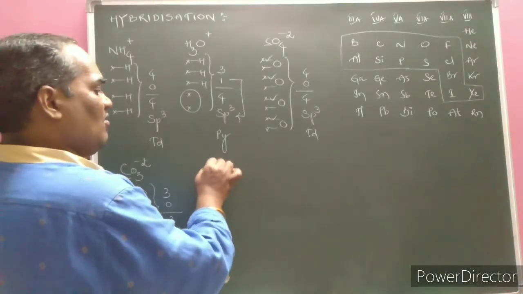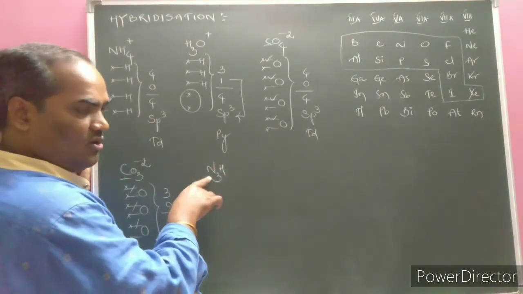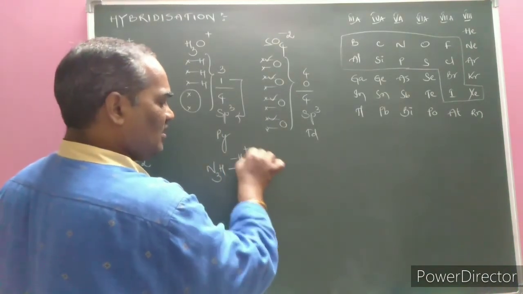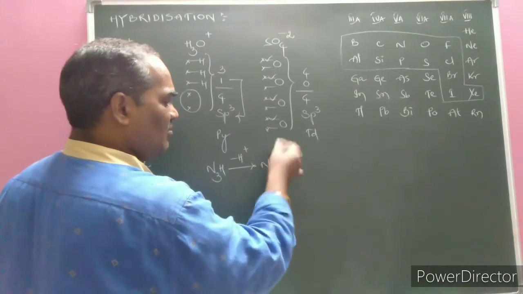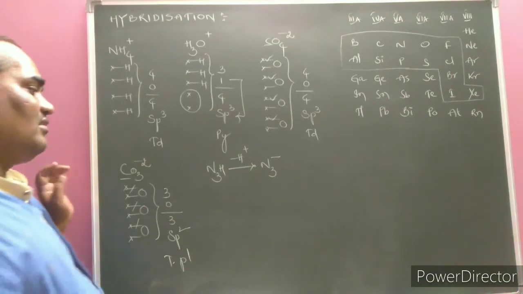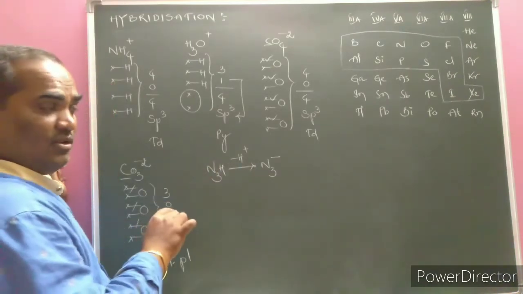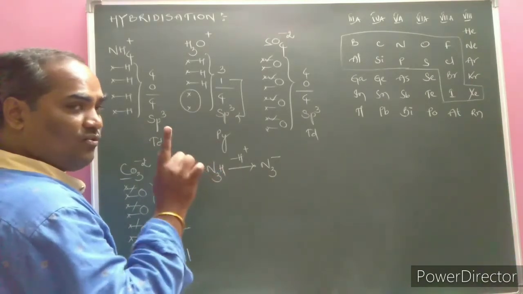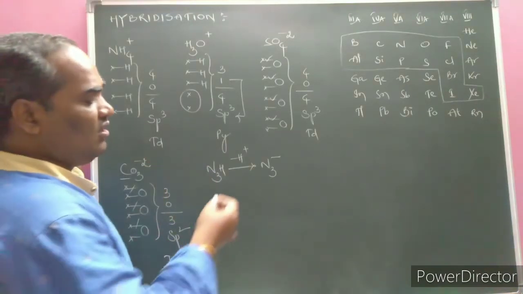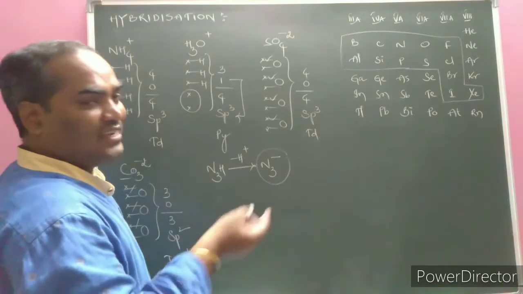Next one, a very important one, is hydrazoic acid. The nitrogen oxidation state is -1/3. After loss of a proton, H+ ion, what does it become? N3-. All the hydrides of nitrogen are basic in character, but hydrazoic acid itself is acidic. It is the one compound without the COOH group that we call an acid. Now I need to know the hybridization of the nitrogen in the azide ion.